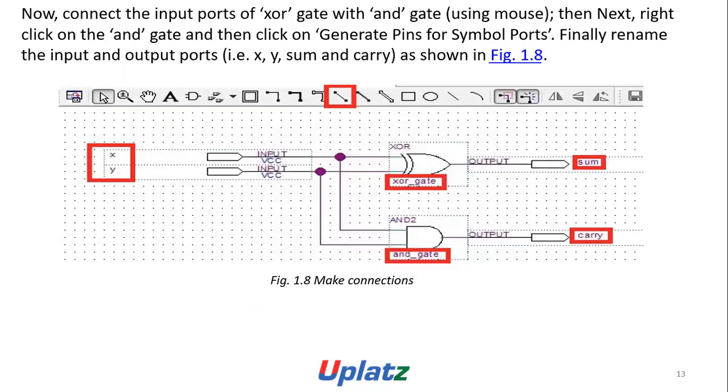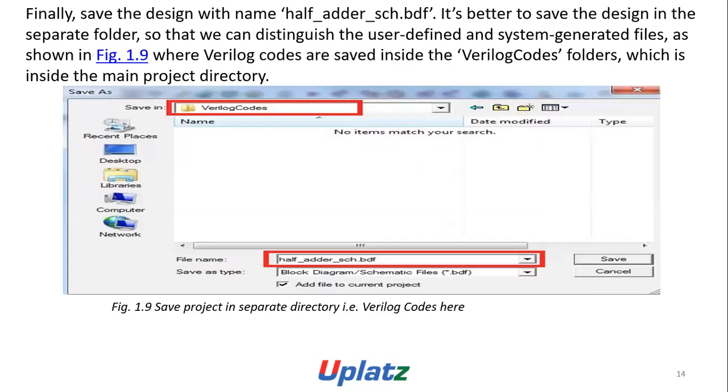Now connect the input ports of the XOR gate and the AND gate using the mouse, and then right-click on the AND gate and click on Generate Pins for Symbol Ports. Finally, rename the input and output ports as X, Y, sum, carry, as shown in the figure. Make connections. Finally, save the design with the name half adder schematic. It is better to save the design in the same folder so that we can distinguish the user-defined and system-related files as shown in the figure